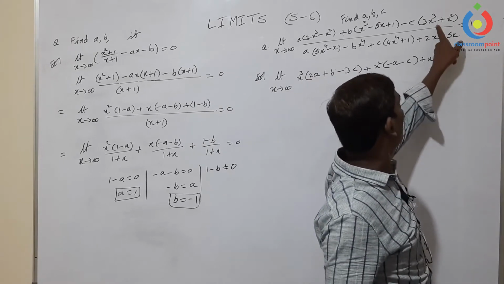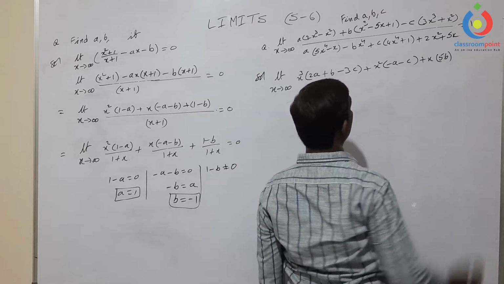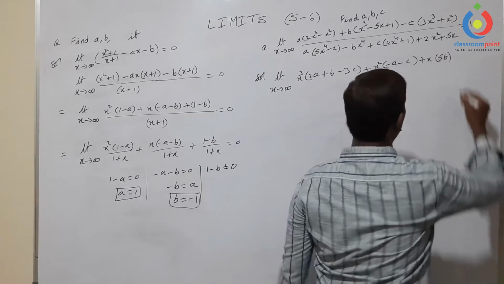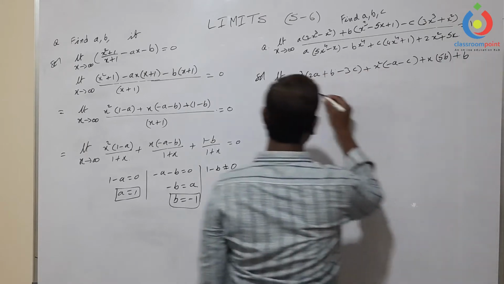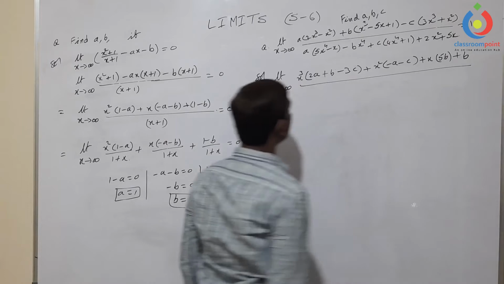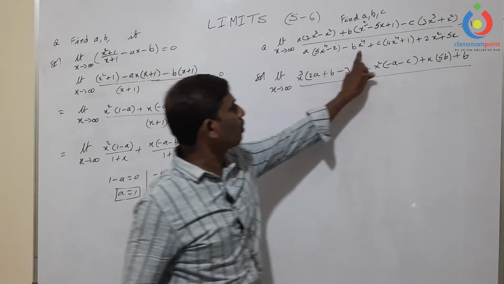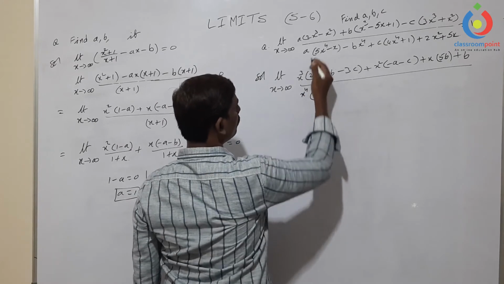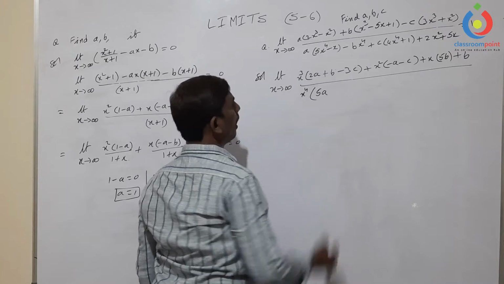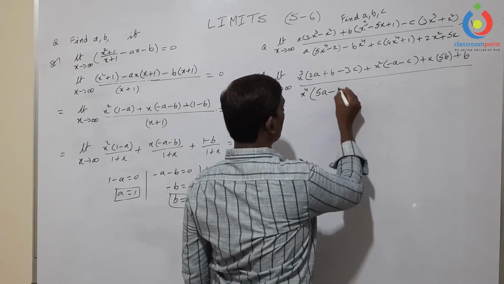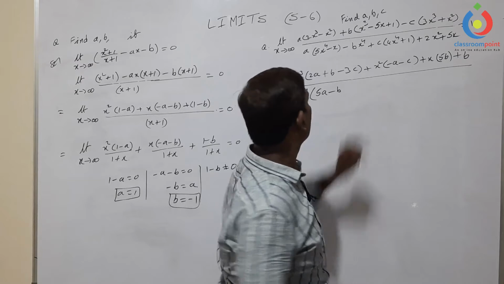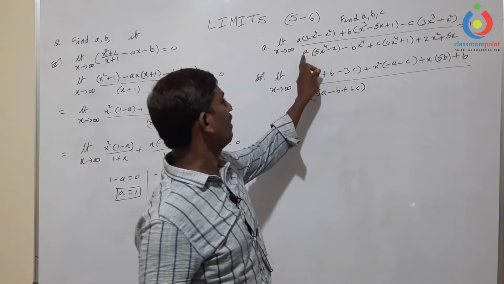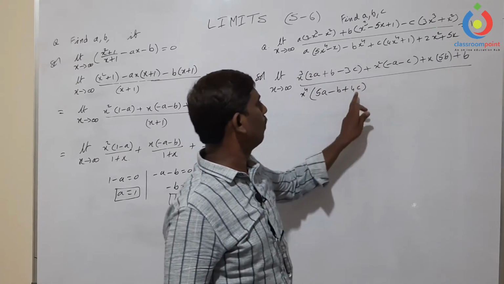Here no x quotient value. Then only just 5b. Then remaining constant is not here. Here constant is plus b. Here constant is not here. So plus b only for the constant. Whole divided by, here also, degree of x power 4 quotients. Here we'll take x power 4 outside. This is 5a and this is minus b and this is 4c. X power 4 quotients: 5a minus b plus 4c.